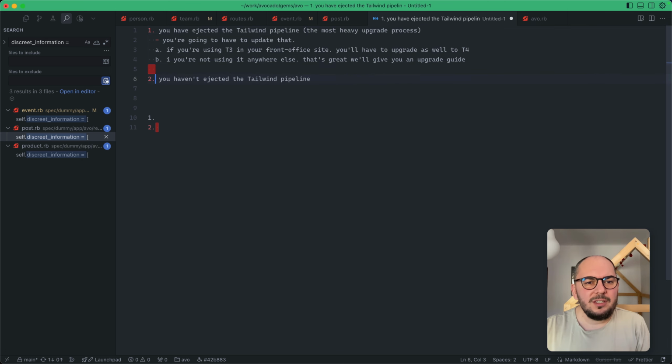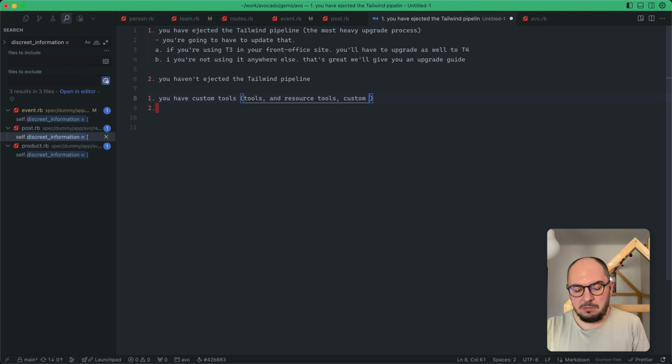Next, if you haven't ejected the Tailwind pipeline, we have two more cases, 1 and 2. Actually, these apply to both of them. But if you haven't, that's great. You won't have to do this upgrade. That's perfect. 1 and 2 now. You have custom tools, like tools and resource tools, and maybe custom field views. And you don't have them. You don't have them. So if you have them, you'll have to